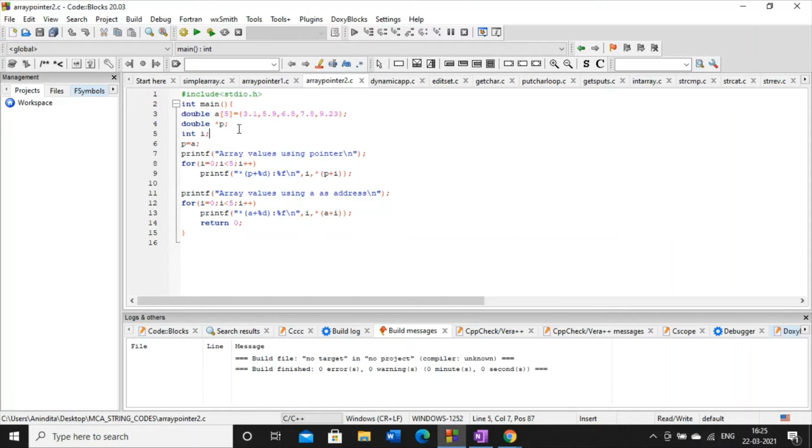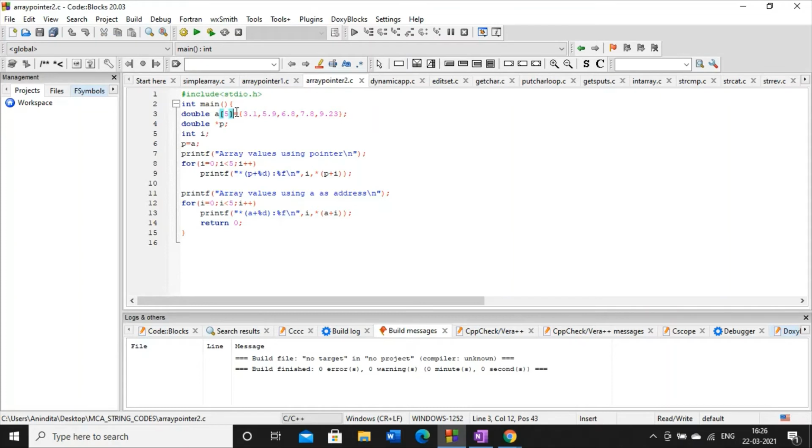And here I have taken one pointer variable, that is *p. While defining the pointer, I have mentioned that the data type of the pointer will be the same as the data type of the array or the variable, because in the next step I will store the address of this array in this pointer, because a pointer is a variable specially designed to hold the address of another variable.